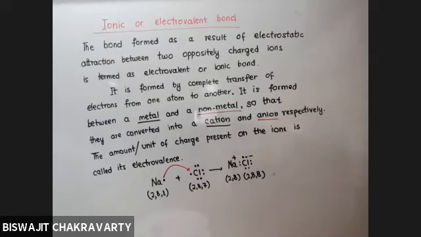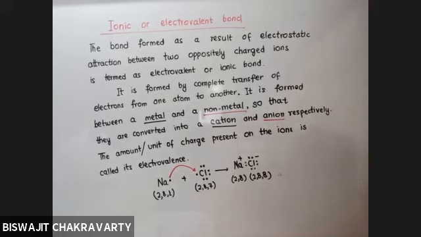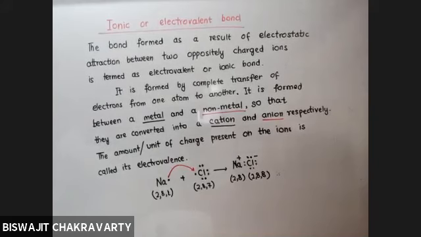potassium can combine with chlorine or fluorine. Now it has been generally found that this type of bond is formed between group 1 and group 17, or group 1 and group 16, or group 2 and group 17, or group 2 and group 16. That means the two extreme groups 1 and 2 from the left hand side, which are said to be more metallic, and the two extreme rights, except for the noble gases.